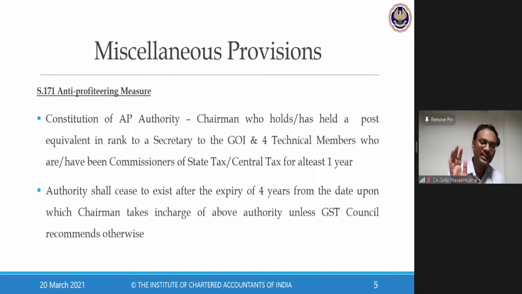Like your advance ruling, there is no application fee. You can go and file an application saying that, my lord, I have been buying this pen earlier prior to GST, prior to getting into my CA, it was 5 rupees. Even after getting into my CA, it was 5 rupees. Just joking. You can give it a try for learning how it works, how the supplier comes forward in terms of explaining or justifying this particular thing.